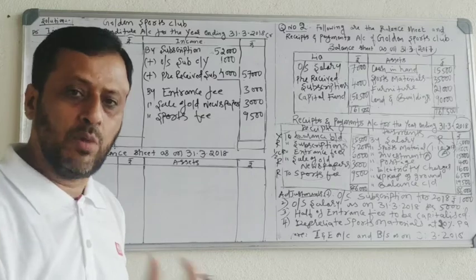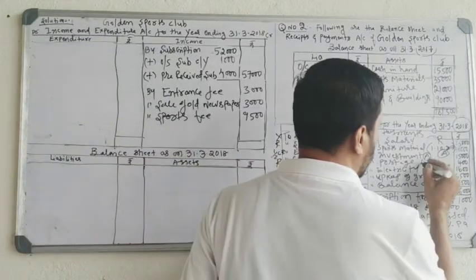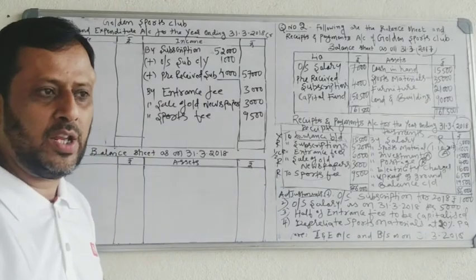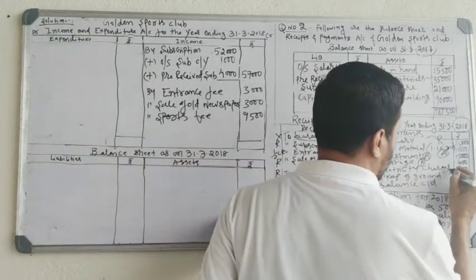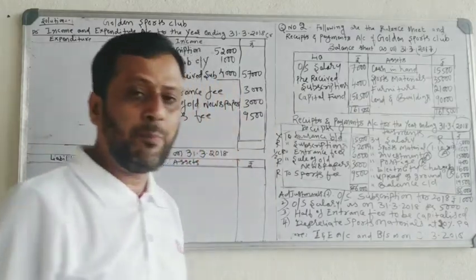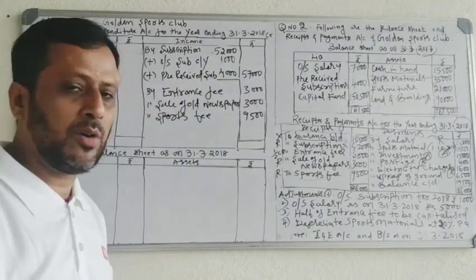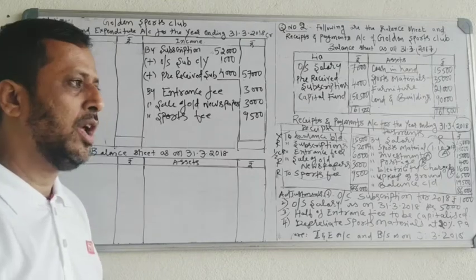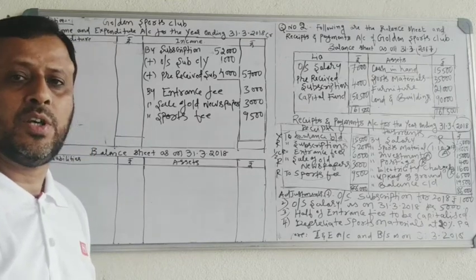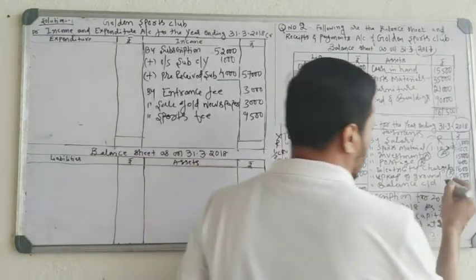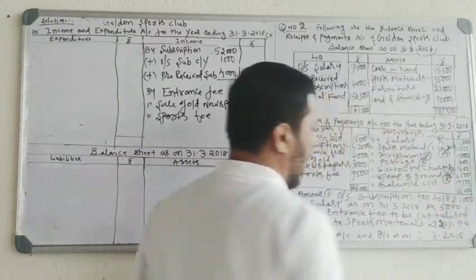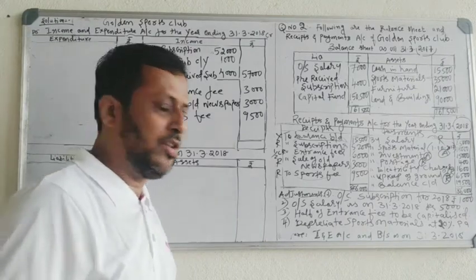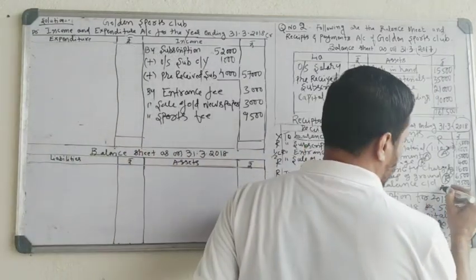Postage is paid regularly, so it is a revenue expenditure. Electricity charges is paid regularly every month. It is also revenue expenditure. Upkeep of ground means maintenance of grounds. So for groundsmen, some remuneration, some salary will be paid. So maintenance of ground is a regular expenditure. So take it as revenue. And balance carried down means current year cash and bank balance. So this is an asset shown in the balance sheet.